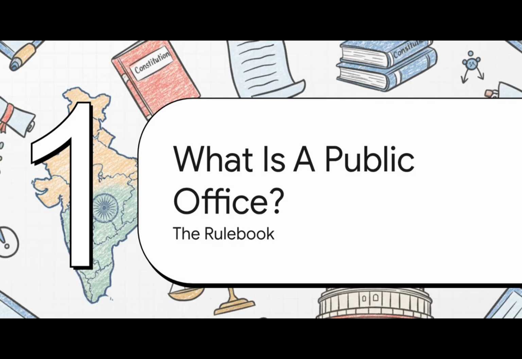So we've seen the shield that protects our leaders. Now let's look at the second tool in our box, the rule book that keeps them accountable. This part of the Constitution deals with some really important questions, like what happens when a politician gets disqualified from office? Can they just hop into another cushy government job? Well, the rulebook has a very specific answer to that.